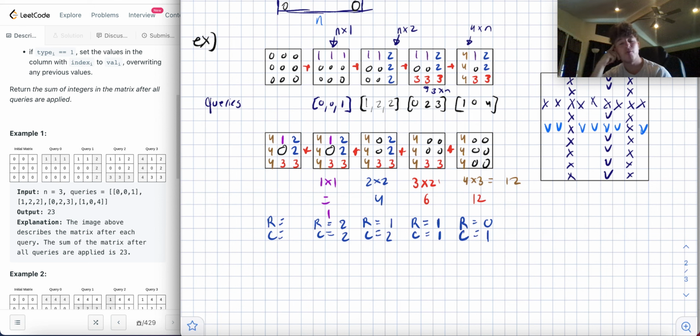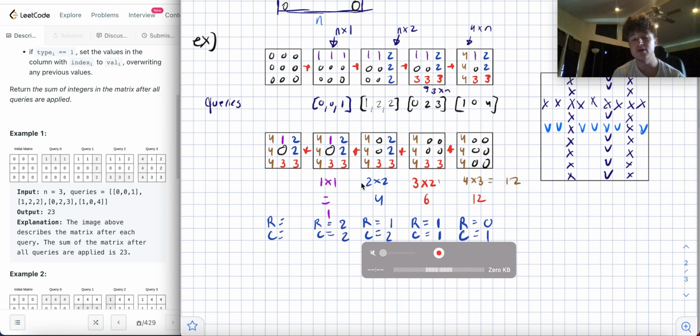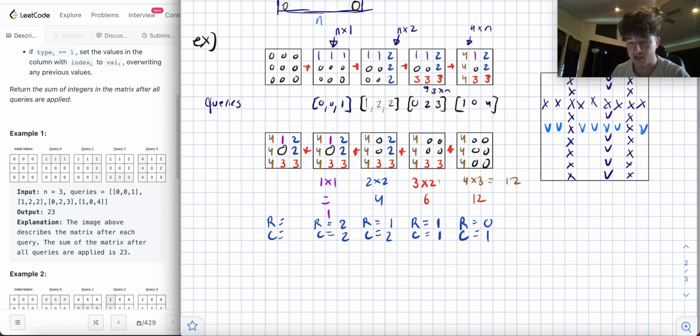Right, so for this problem, what we need to do is just keep track. We go backwards. We keep track of the number of rows and number of columns that we painted, and that'll tell us how many new values we'll get to add to the system, and that'll contribute to this multiplication here, right? So for each system, what I'm really going to do is I'm going to say,